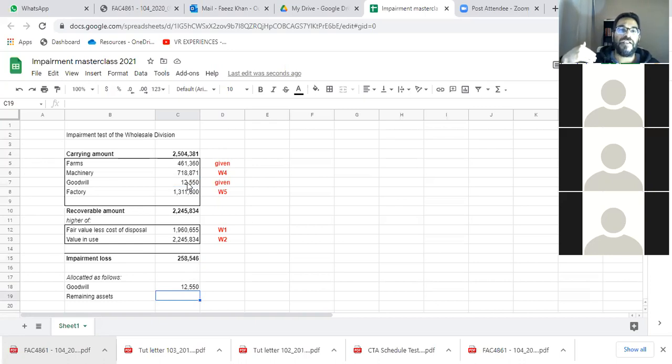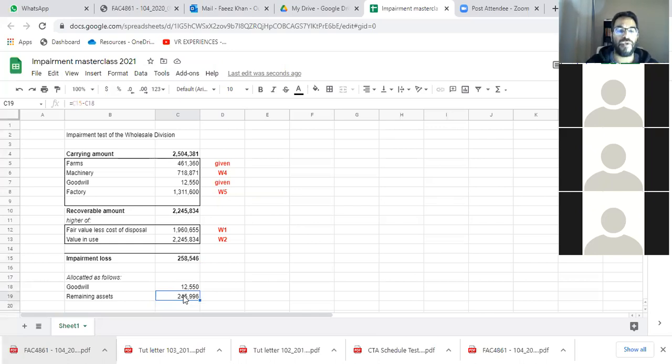Therefore, we must allocate against goodwill the full amount, and then the remaining will be allocated on a pro rata basis. So what's the remaining assets? Total impairment minus what was allocated against goodwill. So you first allocate goodwill until goodwill is 0. Anything remaining will be allocated against the other assets on a pro rata basis based on the carrying amounts of those assets. So therefore, we're going to allocate